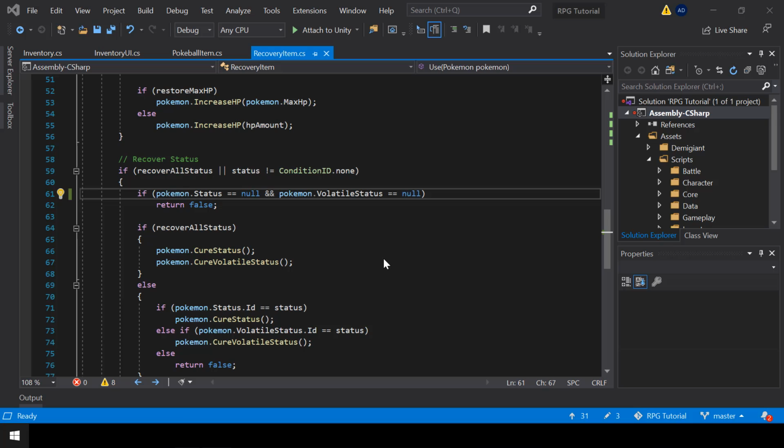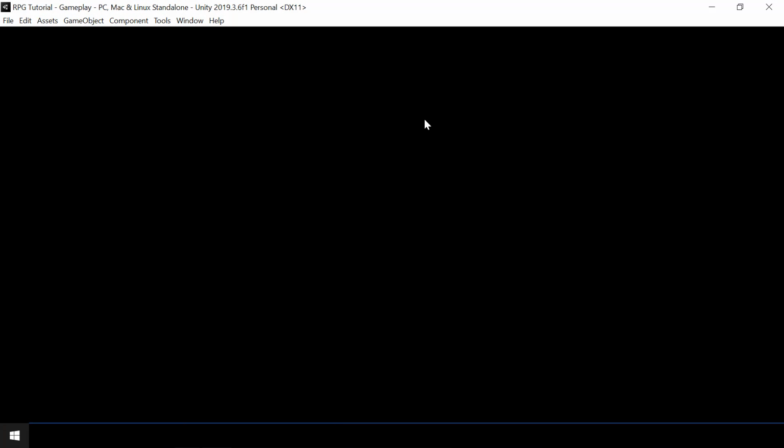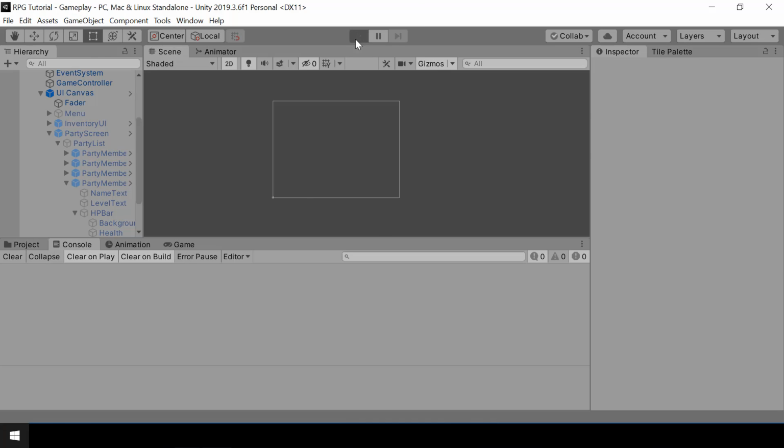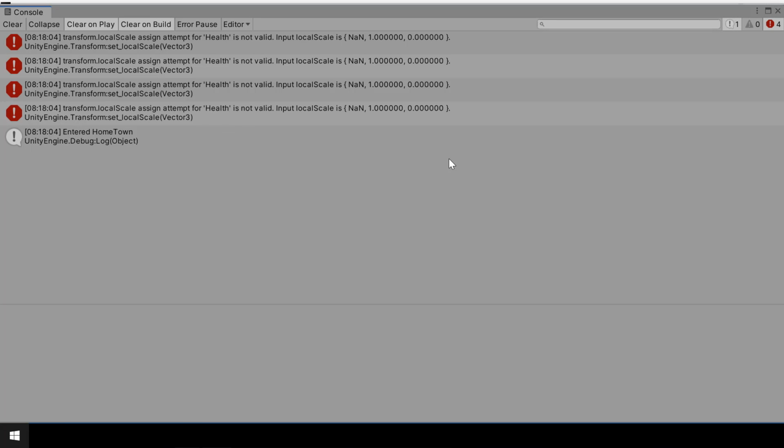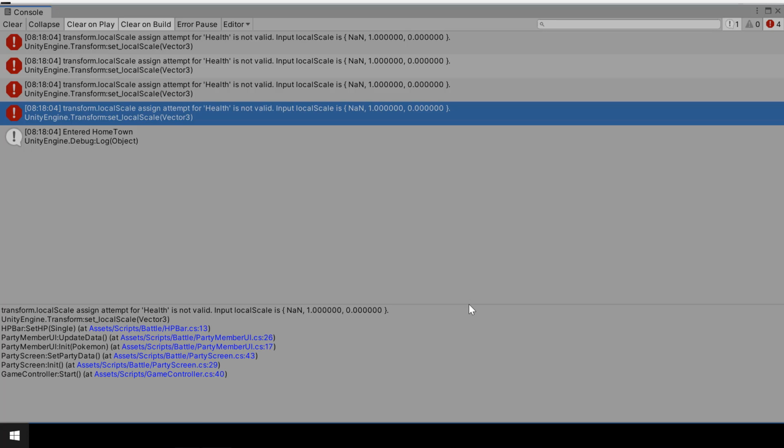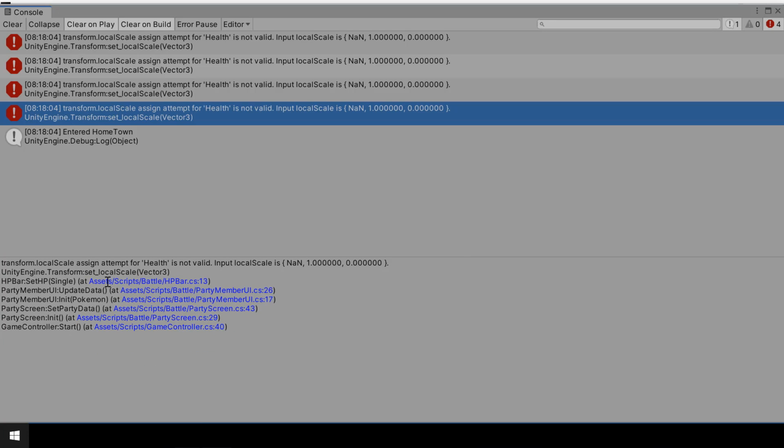Next, let's look at another issue that we have. If you run the game and look at the console, you can see that we have a few errors over here. If you select one of the errors, you can see more details on it. From here, you can see which line is causing this error.